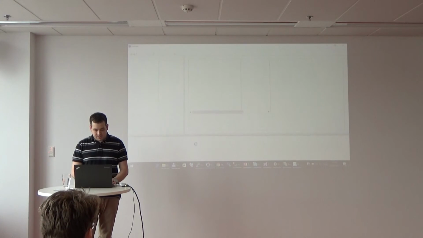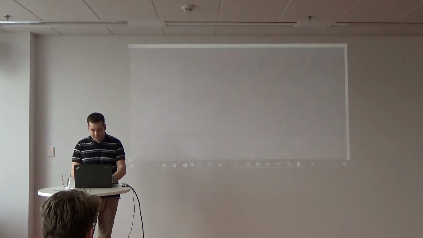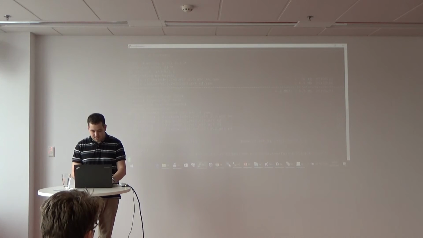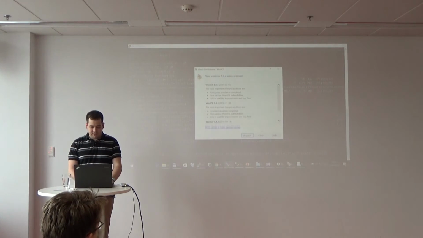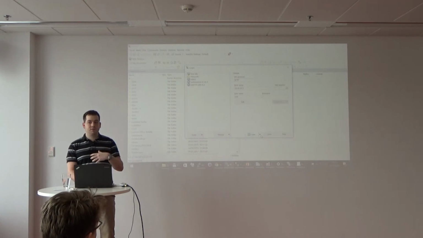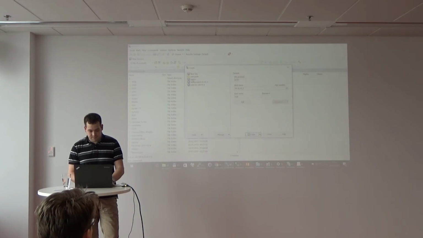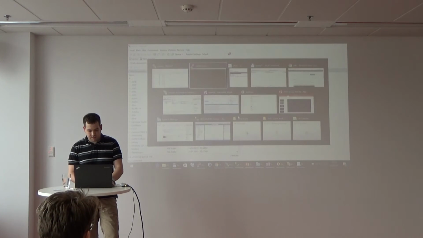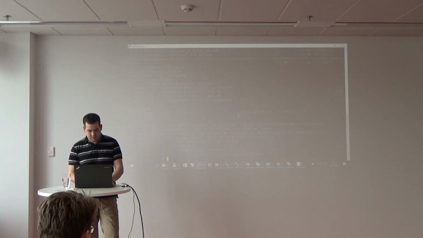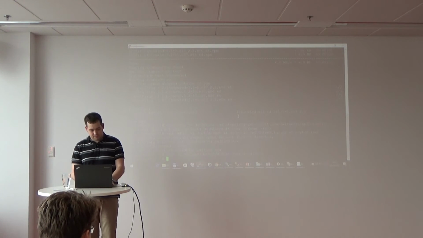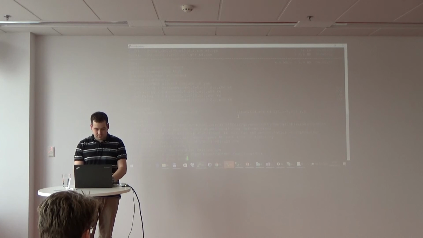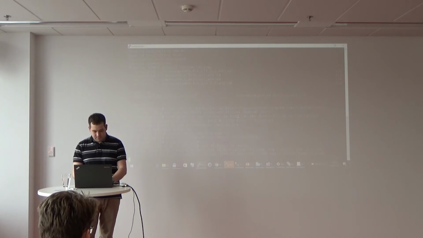I will let it work, and open some tool I can use to transfer the files to the Linux machine. Okay, internet, probably some problem with the internet.